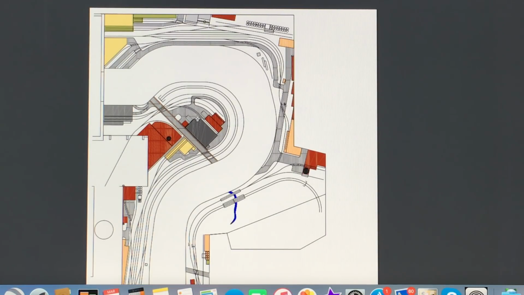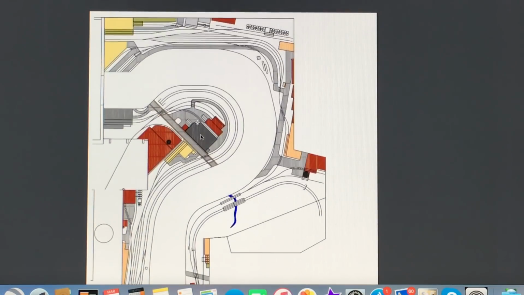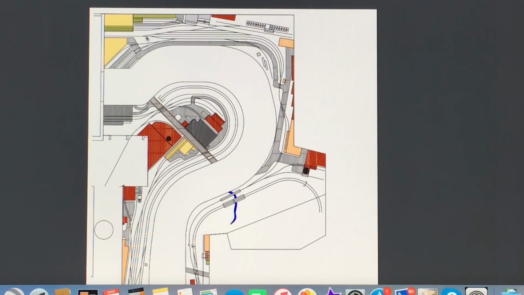This area here we call the lower industrial area, and we call it the lower industrial area because it is reached by a 1% grade down from the Conrail Q&NE Junction, which is located here. It has quite a few large industries. We've got the bulk transfer on these 2 tracks. We've got a refrigerated warehouse here. We've got a rather large